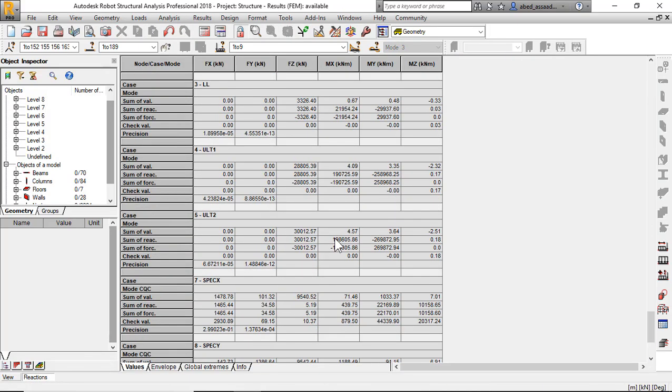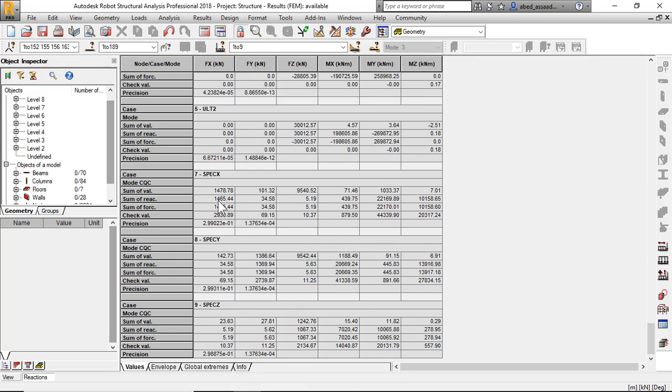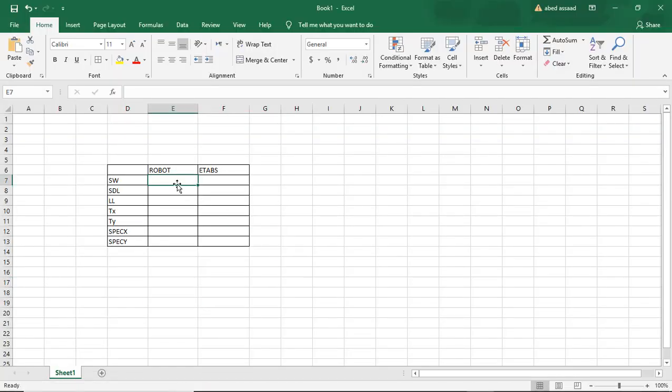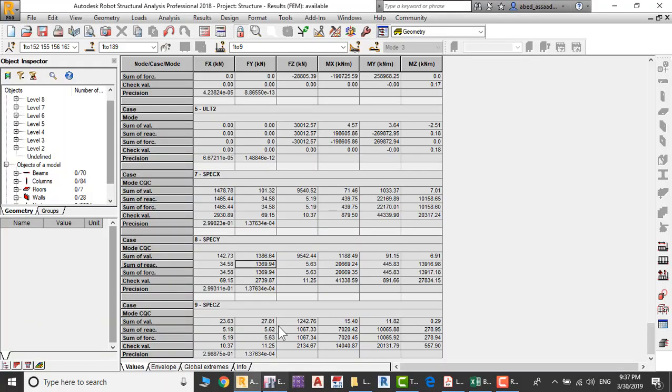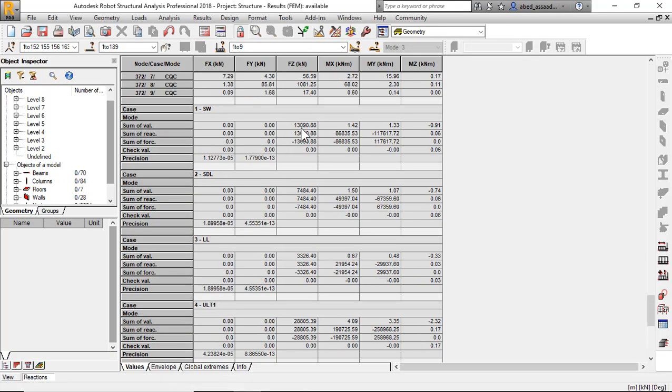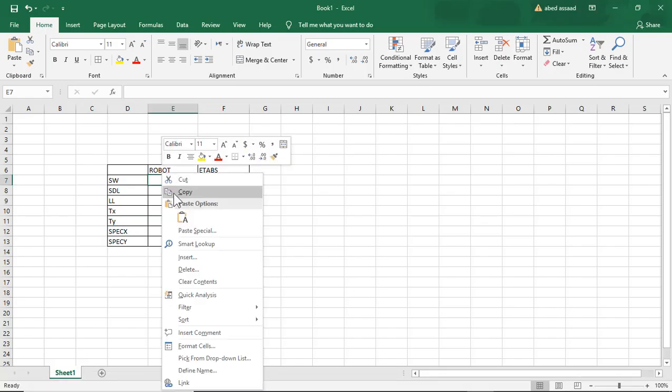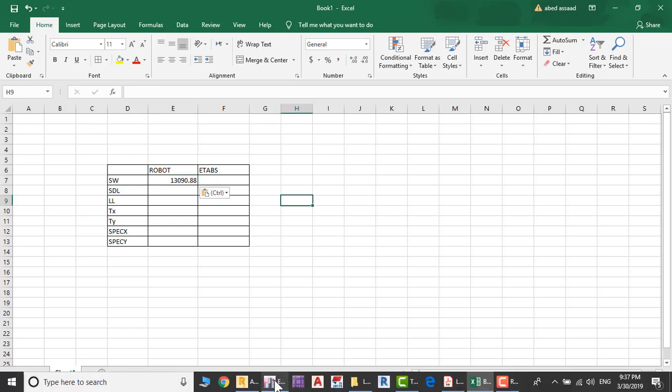What are the reactions? Spec X 1465.44, Spec Y 1369. Okay, Fx and Fy. Now I will write all results in Excel. What is the self weight in Robot and Etabs? Self weight, this number, copy, paste. In Etabs,